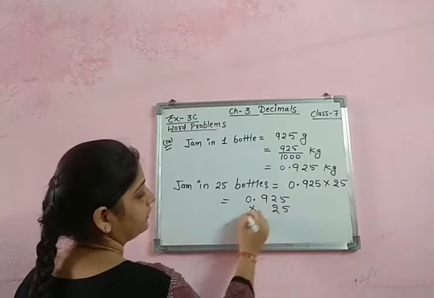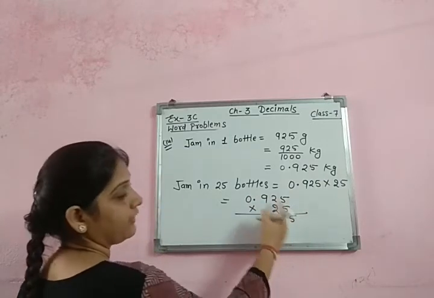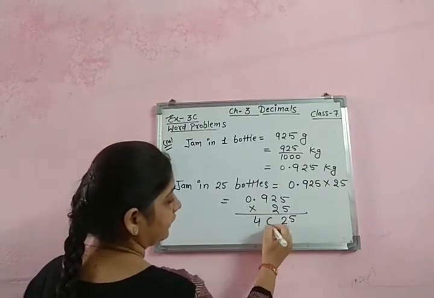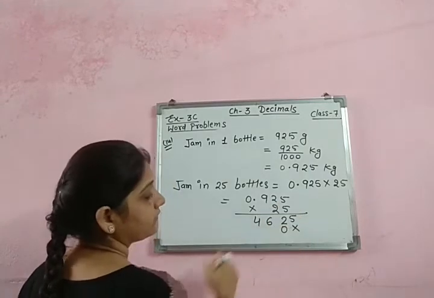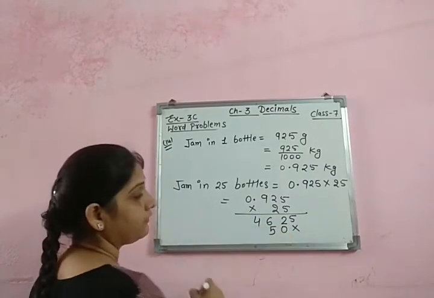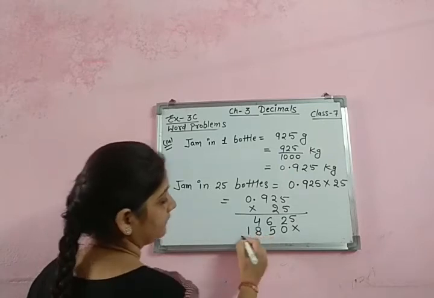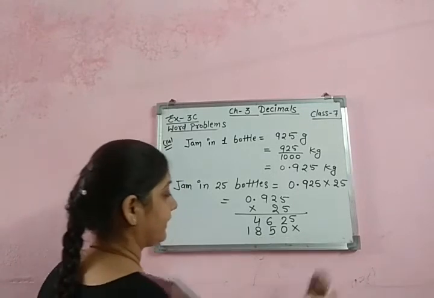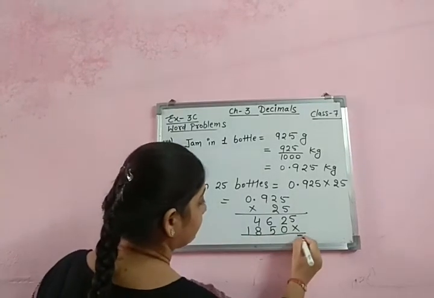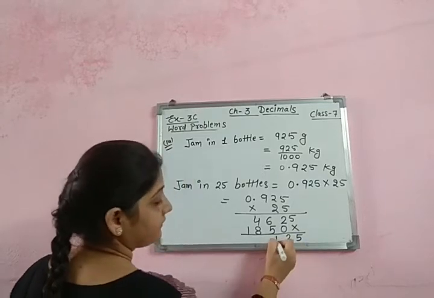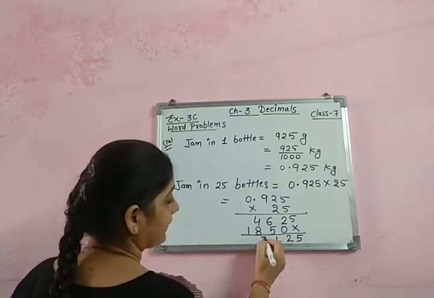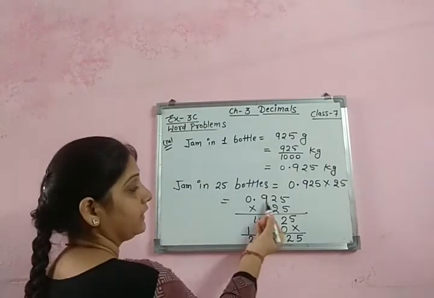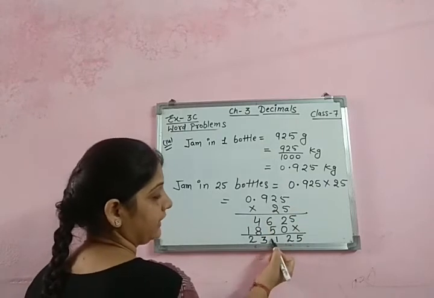Full multiplication you need to show. 5 5s are 25, 5 2s are 10 and 2, 12, 1. 5 9s are 45 and 1, 46. 2 5s are 10, 2 2s are 4 and 1, 5. 2 9s are 18. Let's add. 5, 2 plus 0, 2. 6 plus 5, 11. 8, 4, 12 and 1, 13 and 1 plus 1, 2. So where do we have to put the point? There are 3 decimal places. So 1, 2, 3 and then put the point.